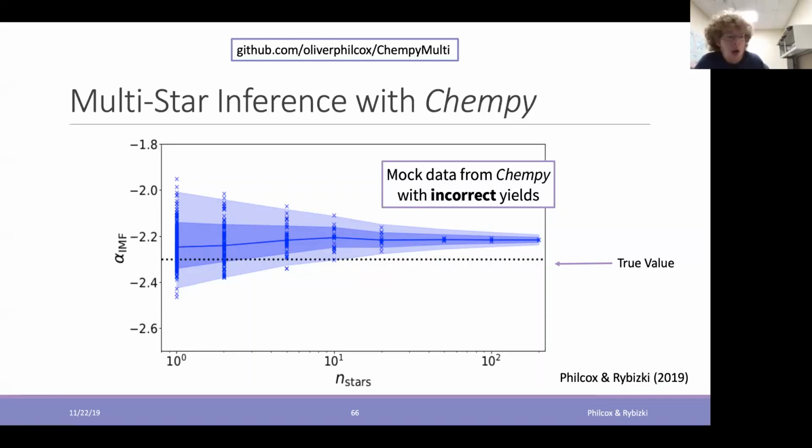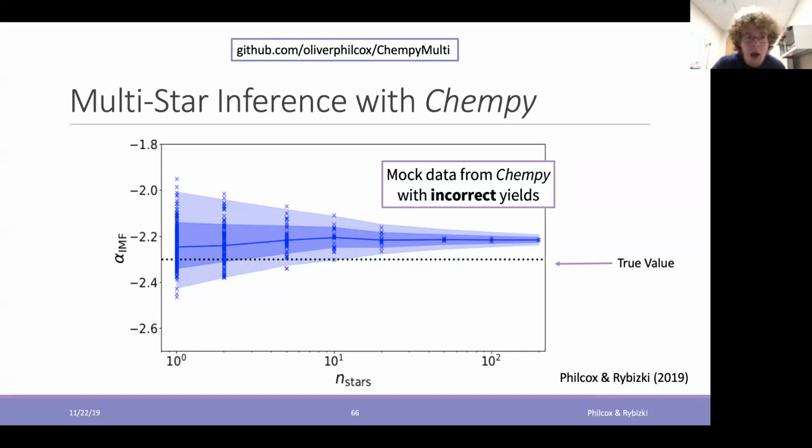For example, our first model might say, okay, we have a certain amount of iron, and the second model might say, actually, we produce double the amount of iron. And that is going to affect the parameters that we're inferring. So this is something that we have to be careful of. And in the future, when we're looking to analyze real observational data, this is something that needs very careful attention. And it's probably the idea that we should be doing this analysis using several different sets of yield tables to really give us an indication of how variable our results are.